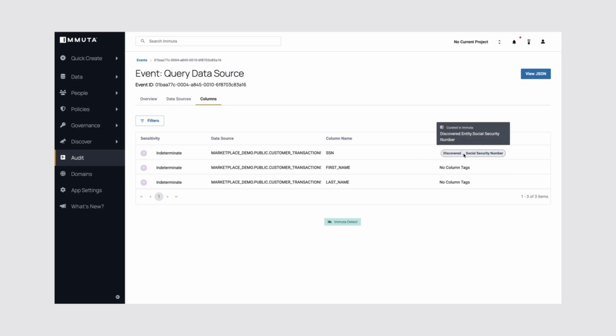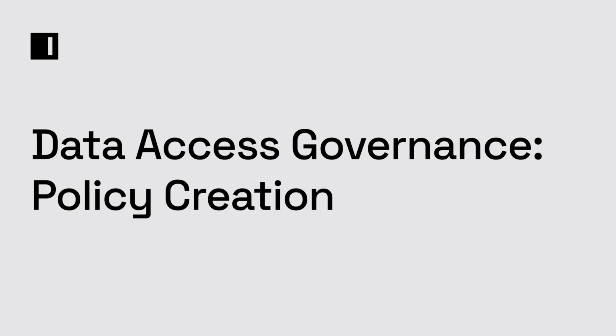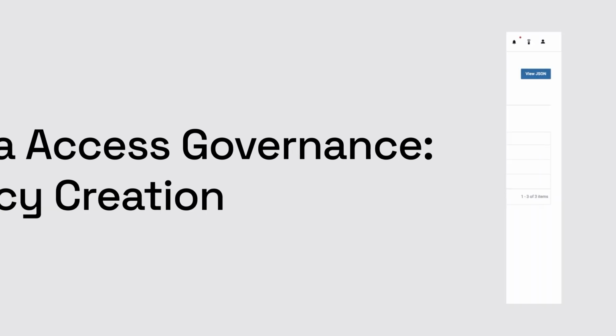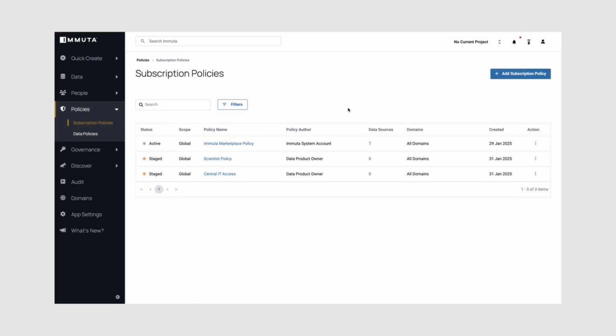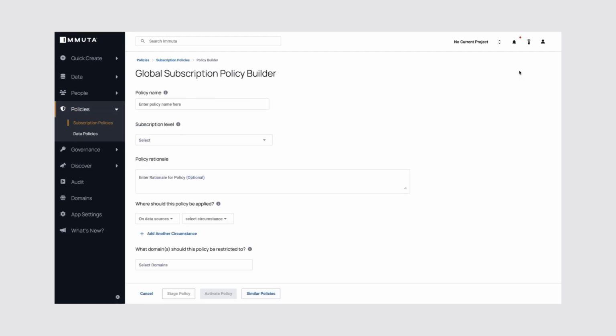What these are is Immuta is able to run sensitive data discovery or data discovery in general. You can configure this to your own custom data types, but we have some that come shipped out of the box. And I can immediately see that things tagged social security number, who's querying those. So I might want to build a rule to restrict access to social security numbers. So one thing I can do is very coarse access. So I could build a policy that's what we call subscription policy, which is a table grant. So I could say something like